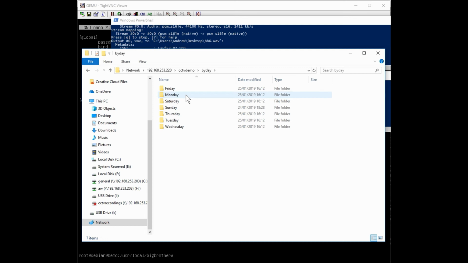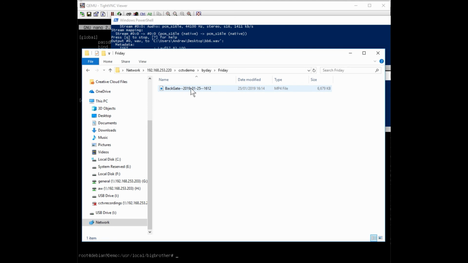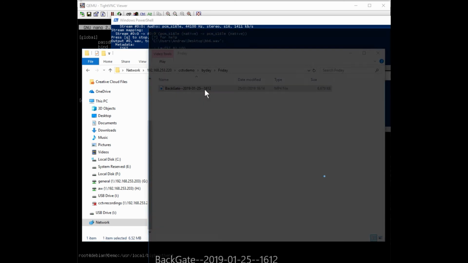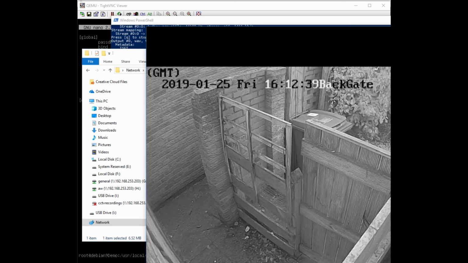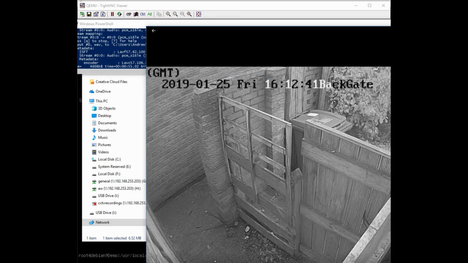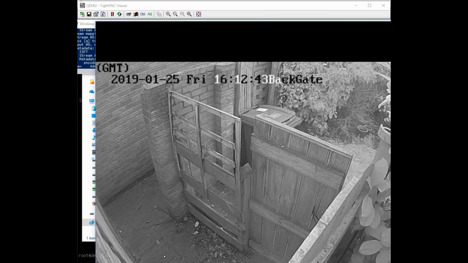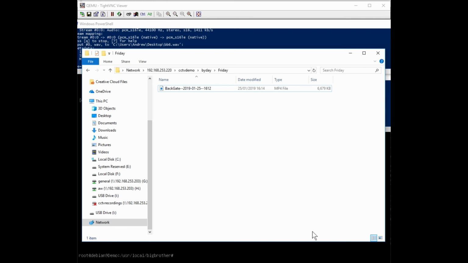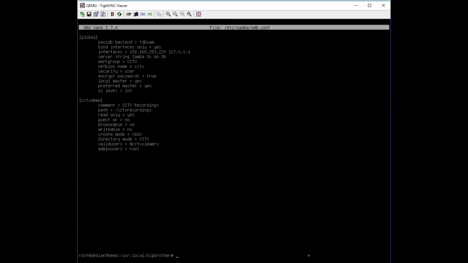Currently BigBrother's not running, so if we go into the by day directory for today, which is Friday, there's a file in there from when it was running earlier on, but there's nothing else in there. We can open that file up if we want to have a look at it. But currently it's not running, so if we go back to our command line and we start BigBrother up,